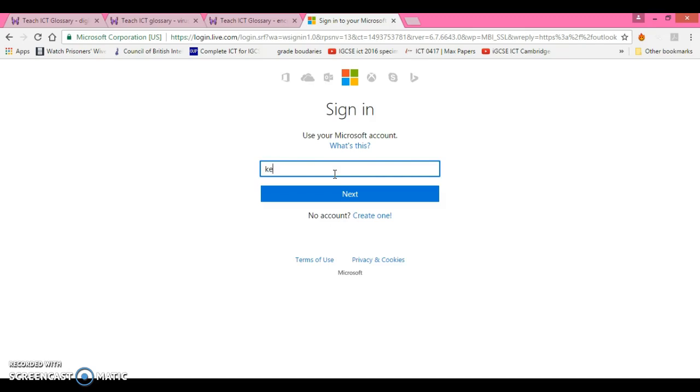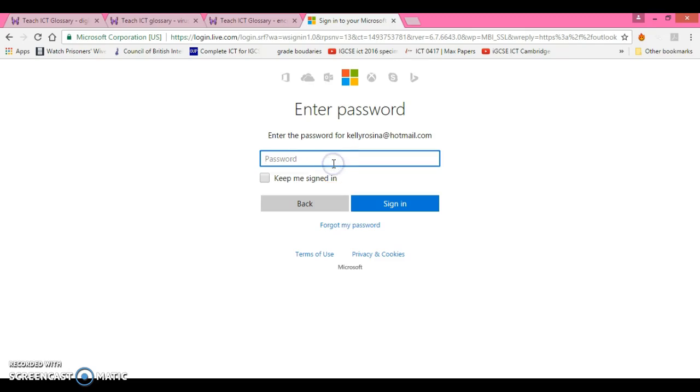Okay, so if I basically use my email address here, and my password, now when I type in my password, you can't see it, nor can I, because it's been encrypted. Now, how do I know that this page is private, that nobody else can see it? Well, what we're looking for up here is Hypertext Transfer Protocol Secure. Okay, always look out for the HTTPS all the time.